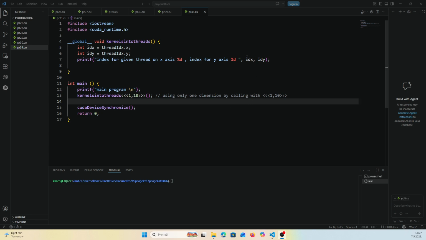Hello everybody, my name is Boris and we are continuing our story about thread indexes and the built-in thread variables. We will show practical examples to get a better feel for these things and to know how to use them. We will give a couple of examples, and the first one is